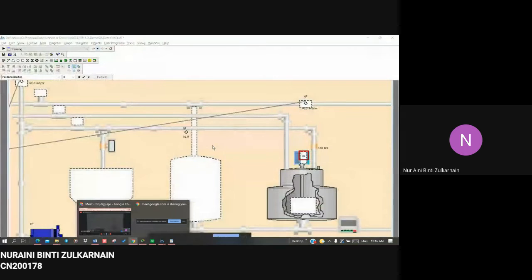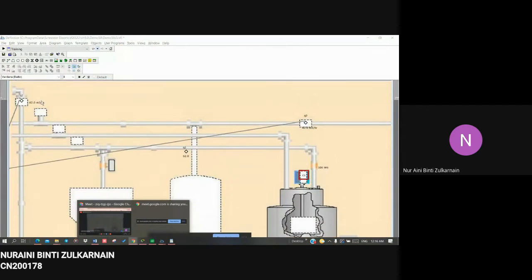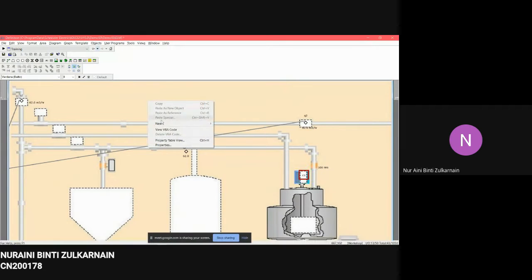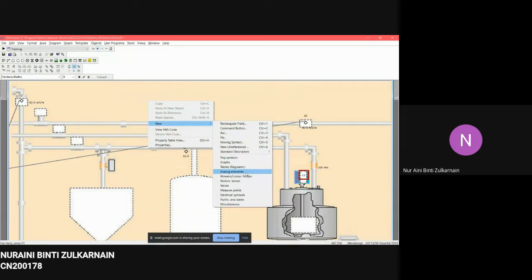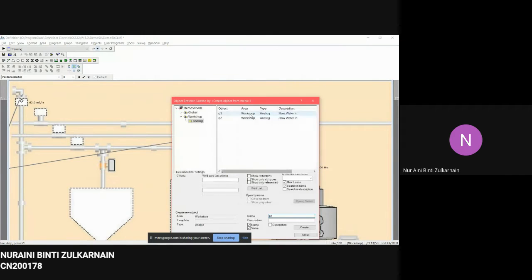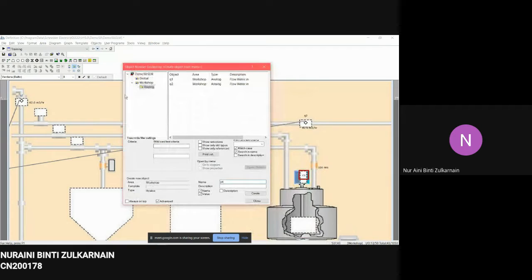So the first task is to create the first flow gauge, which is right here, Q1. How to create this gauge is by choosing new and then analog element. From the object browser, workshop analog, I have created 2 objects, Q1 and Q2. To create Q1 and Q2, you can either repeat it the same way, or you can copy and paste. Later I will show how to copy and paste from Q1, but first the way to create